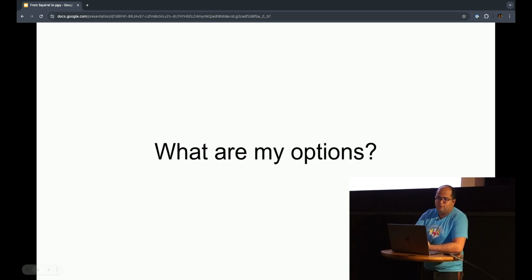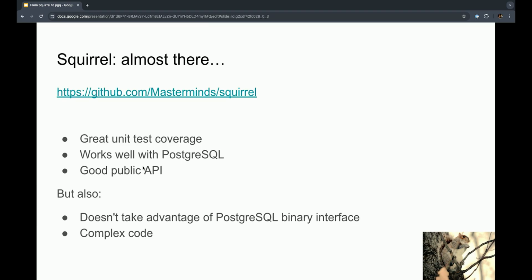So what were my options? I would say that in Go, basically, my only good option for a query builder was Squirrel. It works quite good, but it didn't attend everything that I wanted it to, because it was designed to be, let's say, a generic query builder.